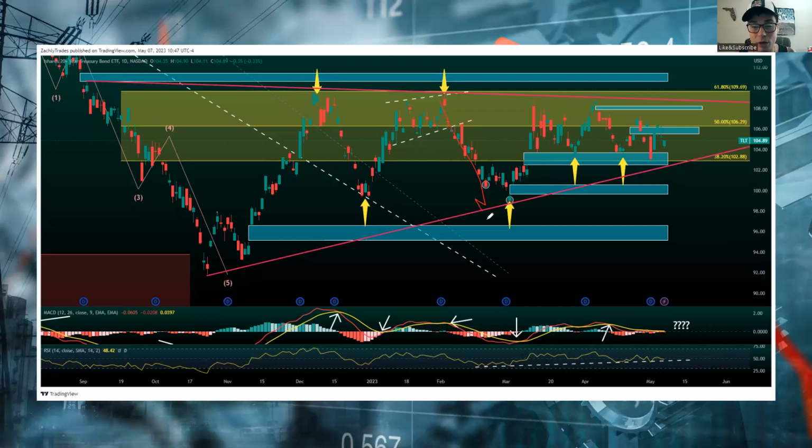Then right after that, we formed a double bottom here, okay? Then we actually had bullish divergence, which if you take a look at these circles, we have what's known as a low and then a lower low here, right? So price action was going lower on the stock of TLT, but we actually saw a low and a slightly higher low right here. So we actually did something known as bullish divergence.